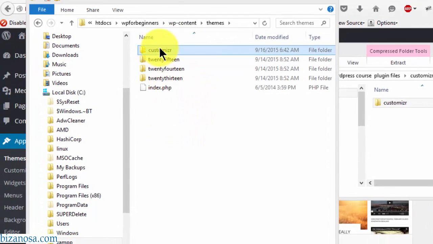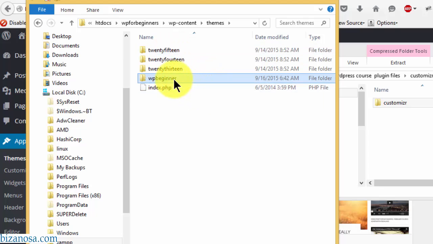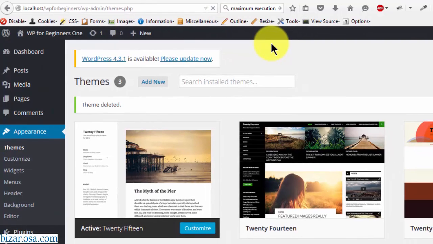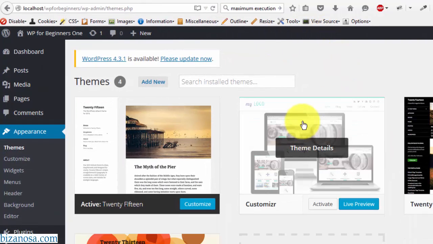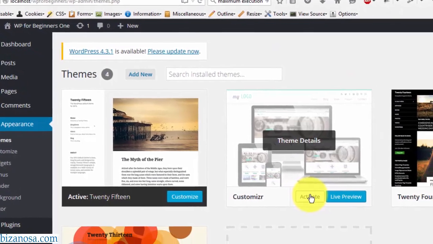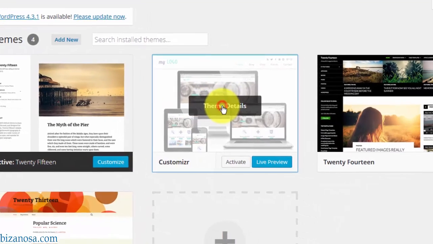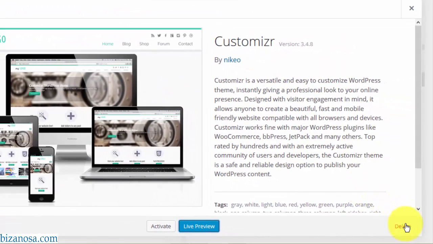For themes, I usually recommend that you change the name. Mine is WP Beginner. I will just change the folder name. Then I will go back and refresh. And with that, you can see the theme has been installed. You can activate it like we did previously. I will again go to theme details and delete the theme